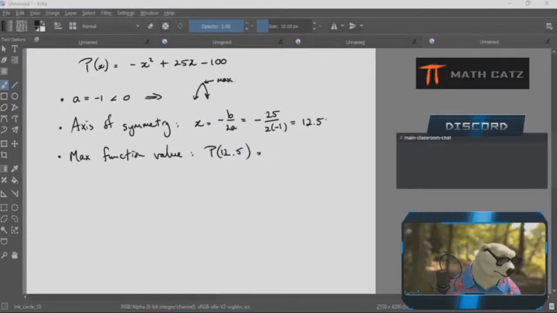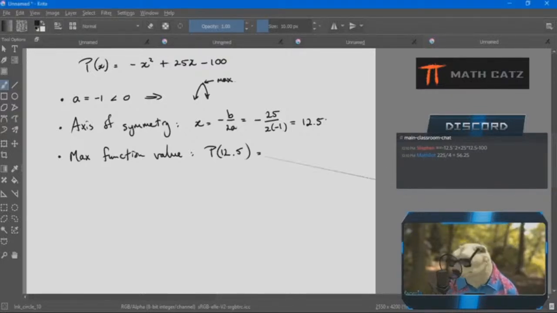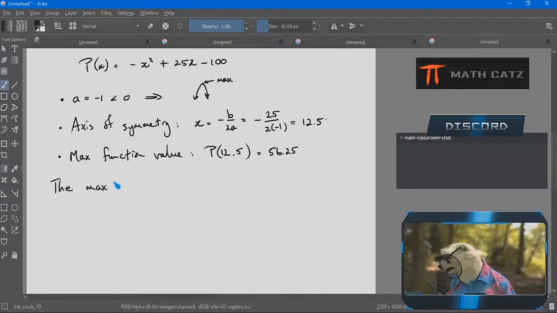Let's see if MathBot is interested in helping me, but please confirm what I'm getting here. Make sure you can calculate these things as well. Or try some MathBot action, get your own calculator, do whatever you want to do, but you have to be able to do it. So we'll do negative 12.5 squared plus 25 times 12.5 minus 100. MathBot says, and I hope it's correct, 56.25. So to get, let's say it like this, the maximum profit